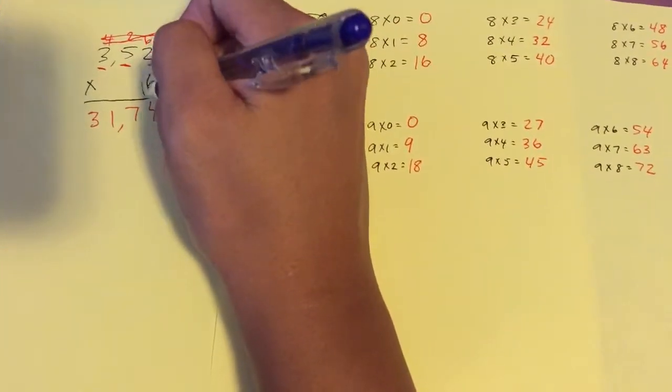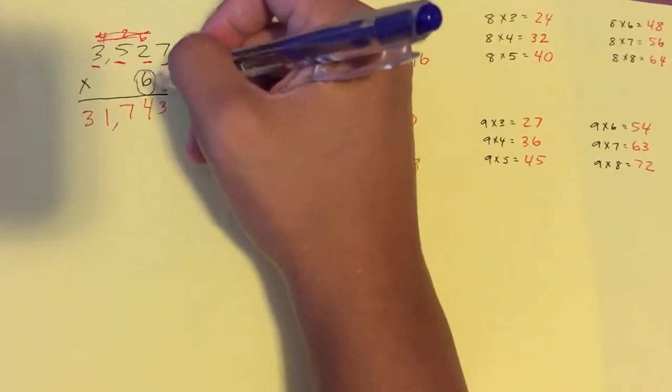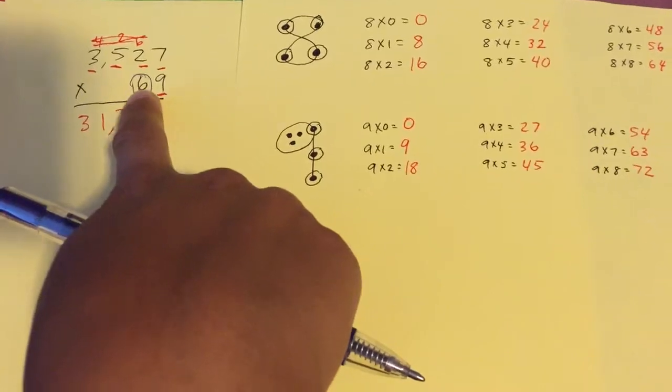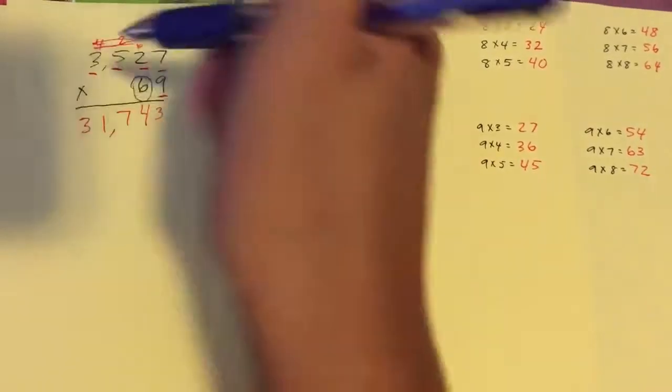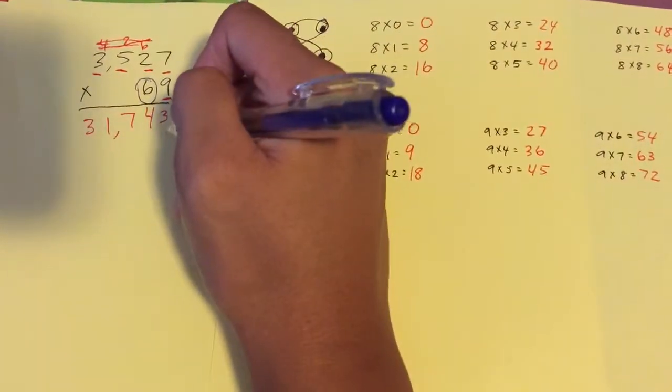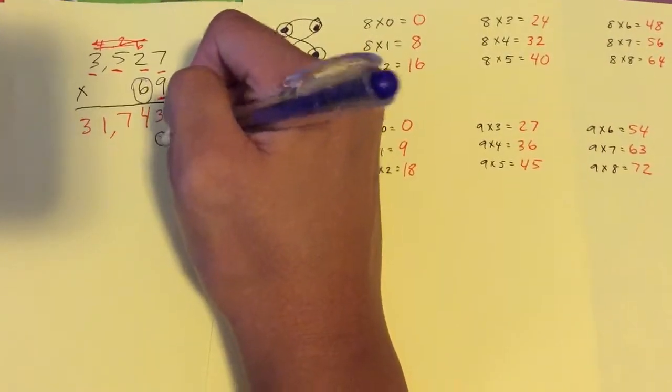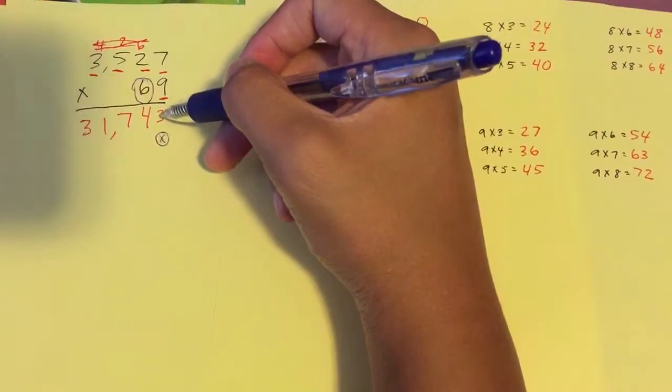We're going to multiply everything by the 6 now. So we're done with the 9. We're not worried about the 9. But since this is not really a 6, it's 69, so therefore it's in the tens place. What I'm going to do is I'm going to put a placeholder 0 here. And I'm going to mark this placeholder 0 by putting an X there,